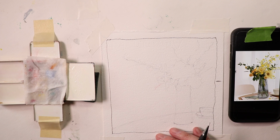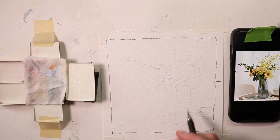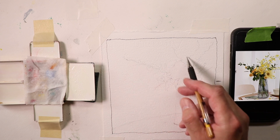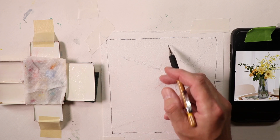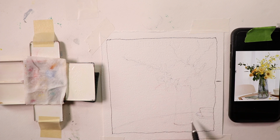You don't want to spend hours drawing this. You want to spend, just like we did here, about 10 minutes to get the overall outlying areas of the flowers and some of the stems going out and branches going out and leaves and flower forms. Approximate locations. You get your vase in, your table, which, looking at the painting, we noticed